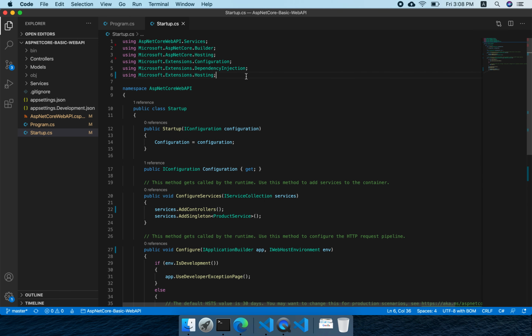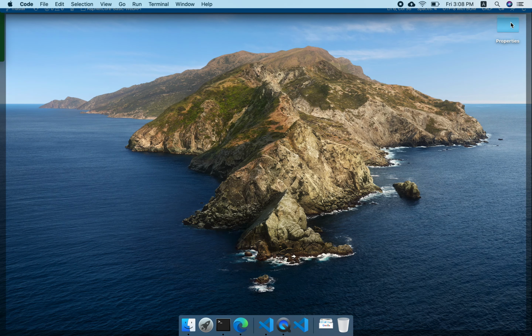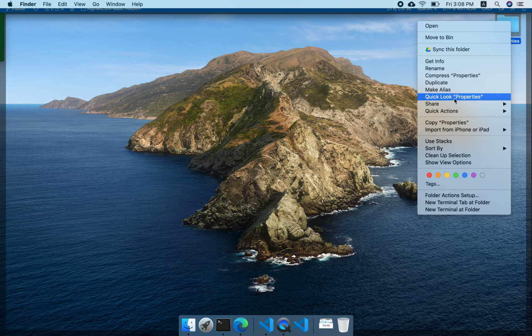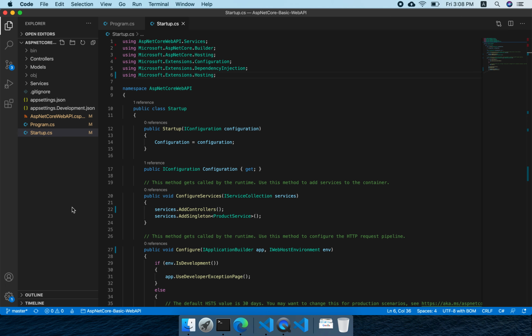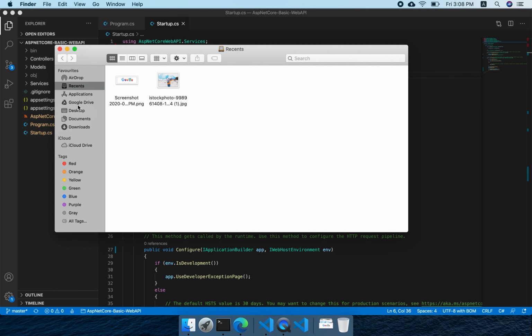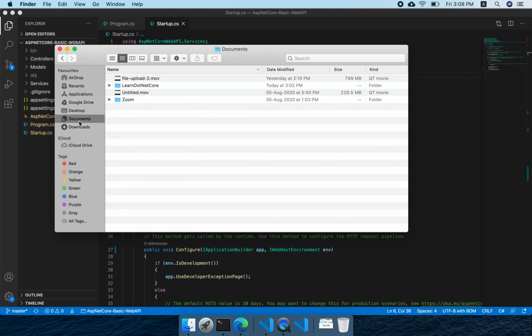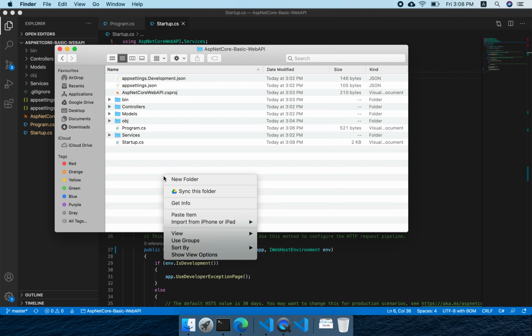One more thing we had to do: in my very long back commit, I missed adding the properties. It was there but I missed committing it, so that's the reason I will be adding it now. I'll go back to the code and paste this.